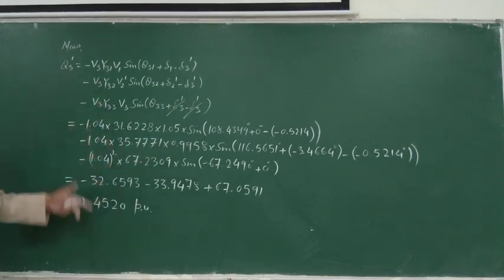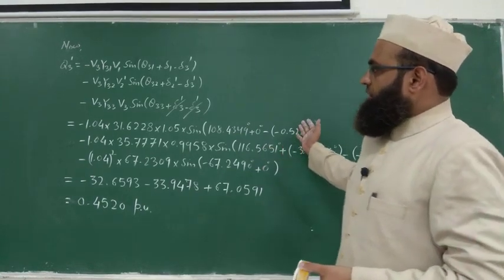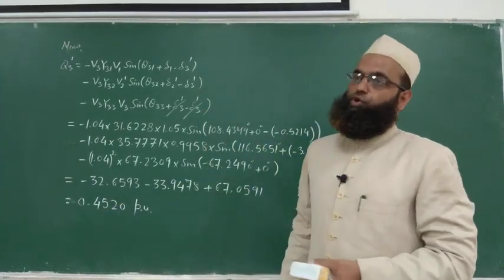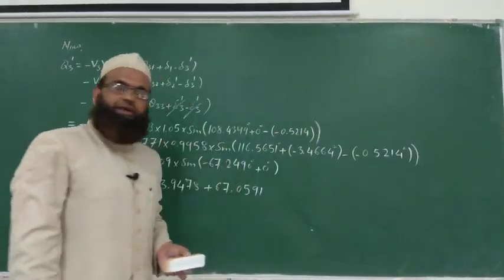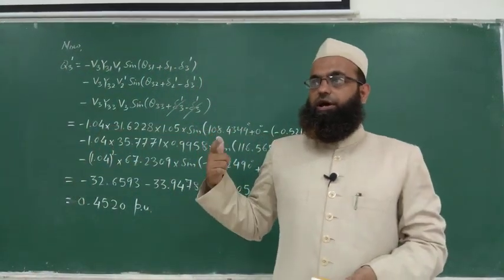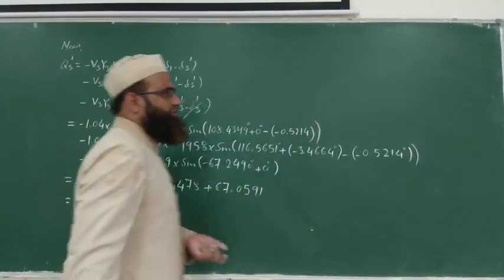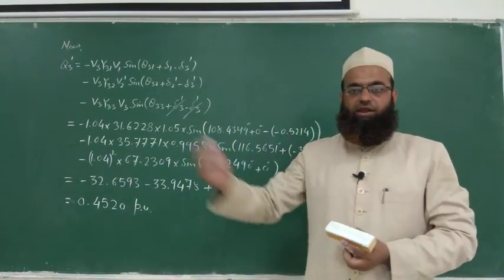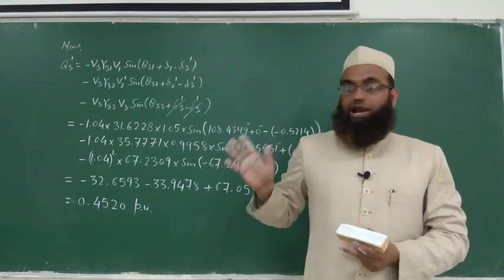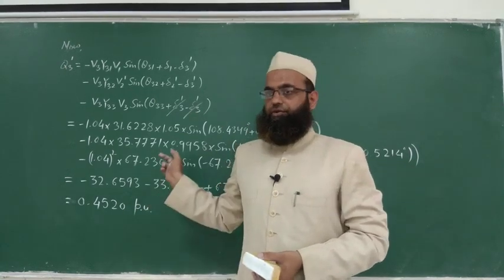So after substituting all the values of the variables and specified parameters, we are getting Q3 1 as 0.4520 per unit. So what will be our next step? We will compare this calculated value of Q3 with the limiting value of that particular bus number 3. So what was the limiting value of Qi min as well as Qi max? 1 per unit. That was the lower limit. So this is coming out to be lesser than the lower limit. So this is limit violation.